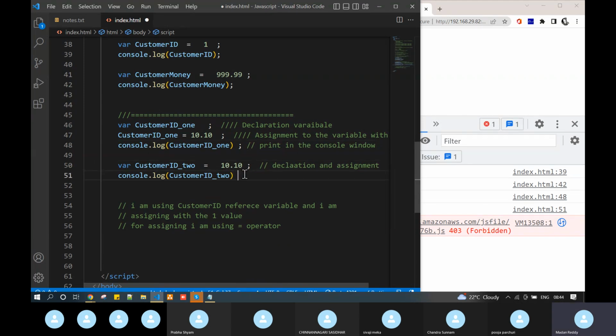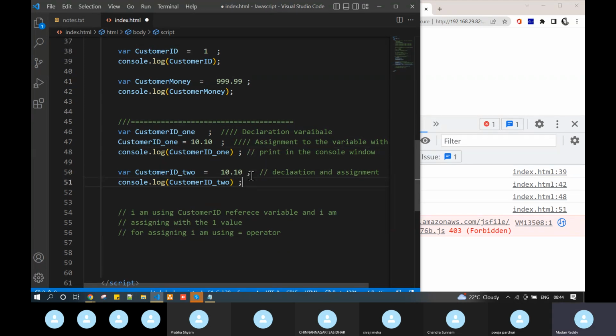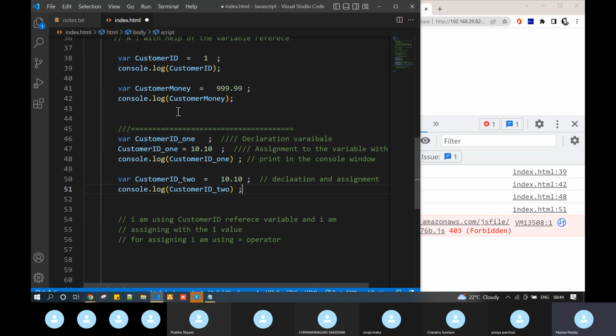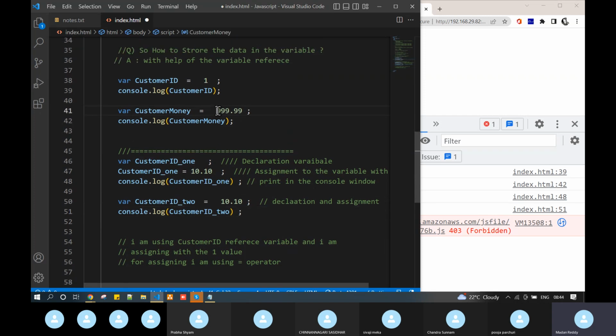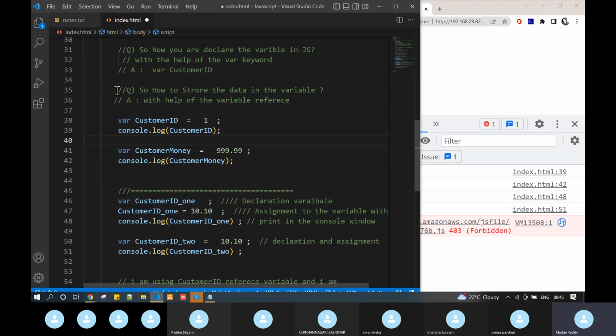Now keep in mind the syntax. I have created the data. I have taken the data. I have assigned the data to the customer money variable. I have printed the customer money. So that is available in the 41 statement, the statement here which ends with the semicolon. So in this way we have to prepare. Okay, so I'm having the single line